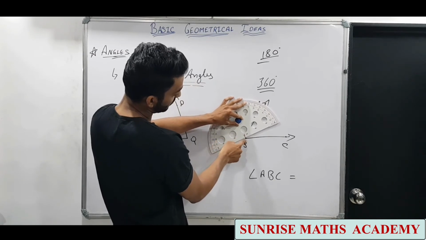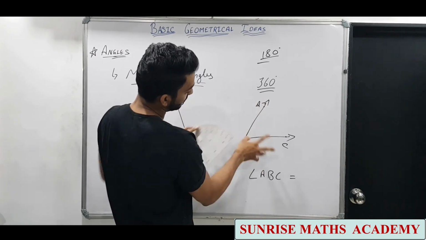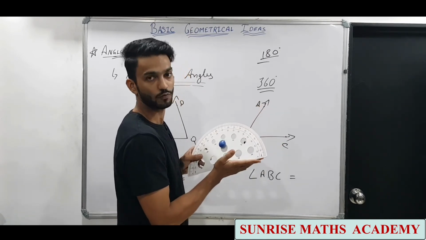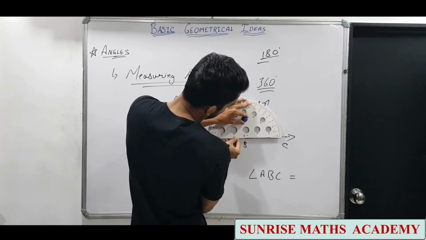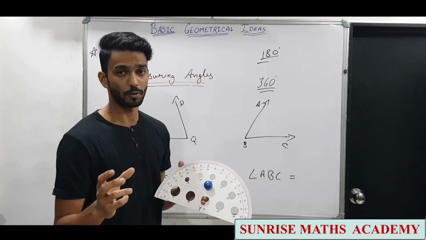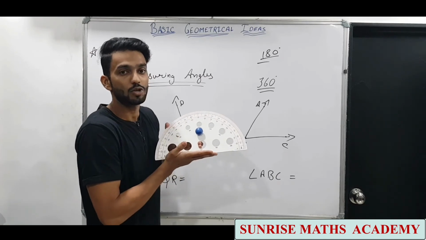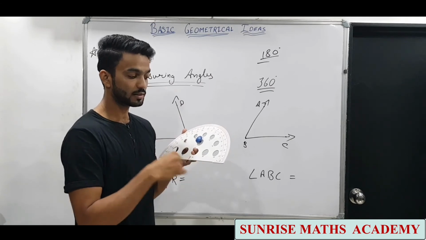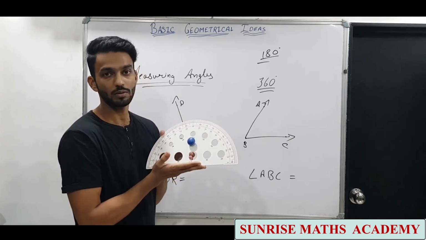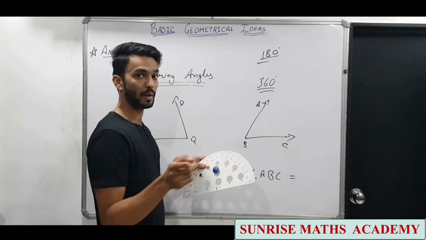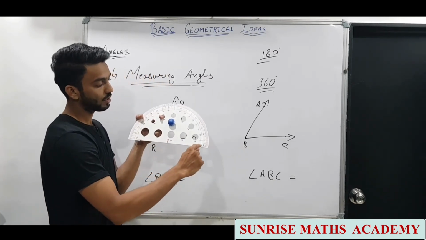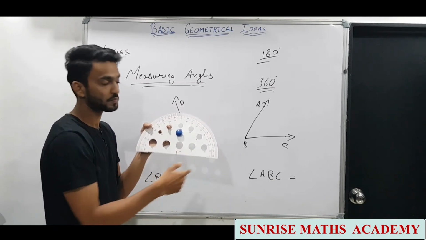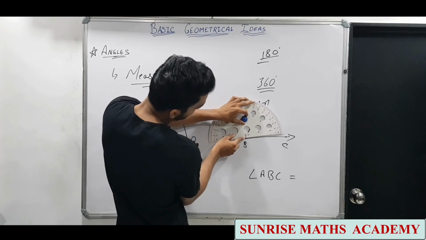Center of the protractor keep on the vertex of the angle, and there are two arms of the angle. One arm of the angle will match with the base of the protractor. Now in the small protractor, this is not your baseline. There is another line drawn there because it's a transparent one. This is the baseline, so I am matching this line. You have to match the baseline, which will be from 0, center and 180 degrees. So matching that center and the baseline.